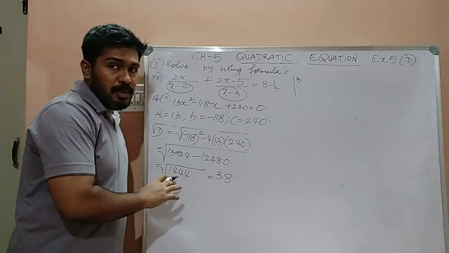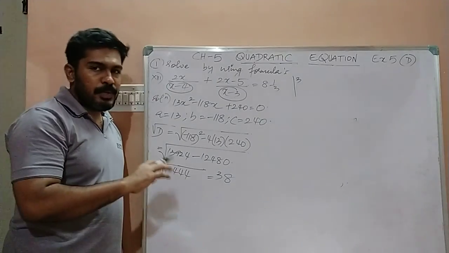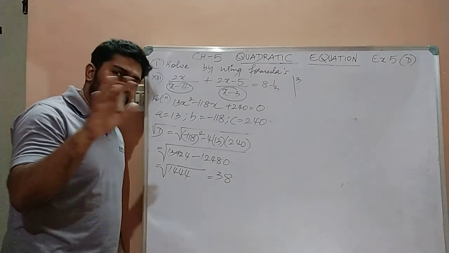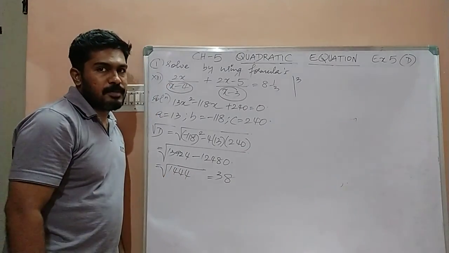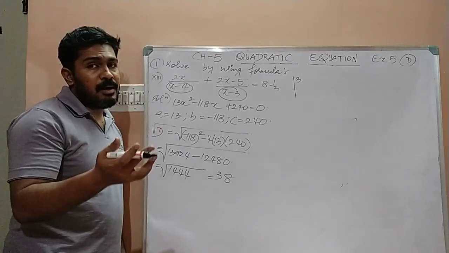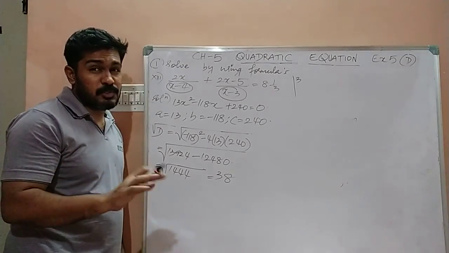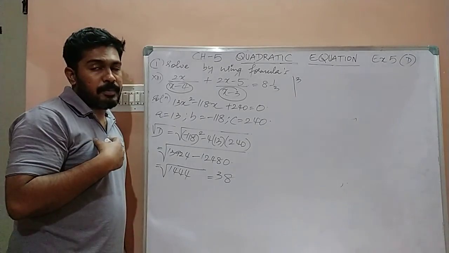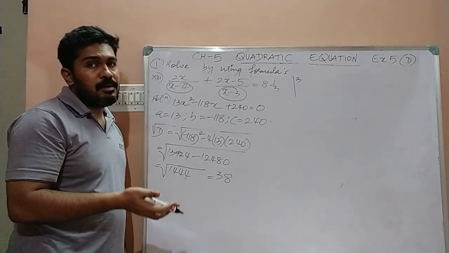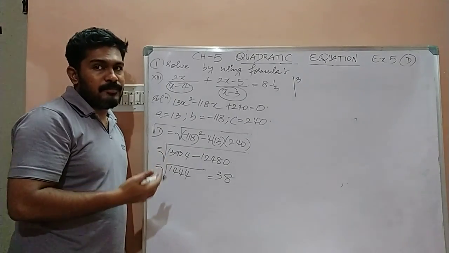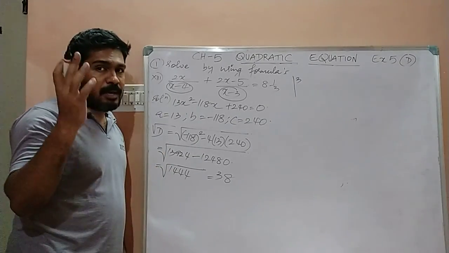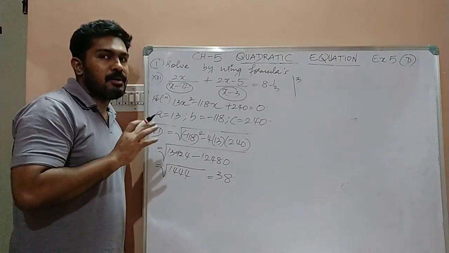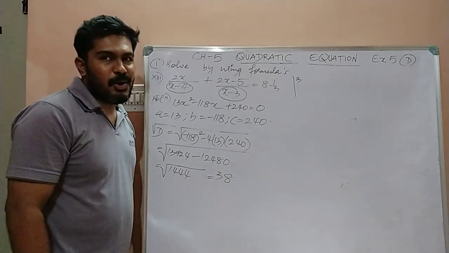Children, I hope you all know the method to find the square root of a number. You either go with the prime factorization method, otherwise you do it with the long division method. I believe that you all are familiar with the long division method, which is quite easy. If you don't know it and want to learn, I am ready to prepare a separate video for finding square roots using the long division method. Just type in the comment box if you need any help. Otherwise, for the time being, I believe that you all know the long division method.